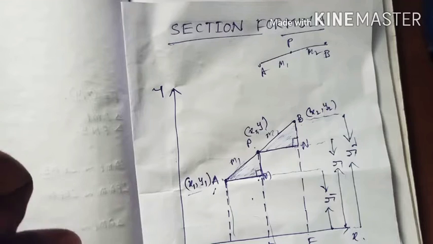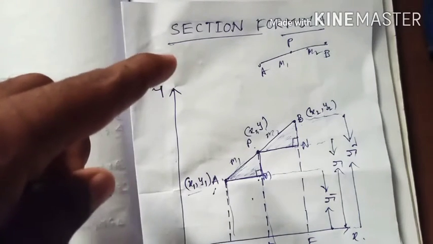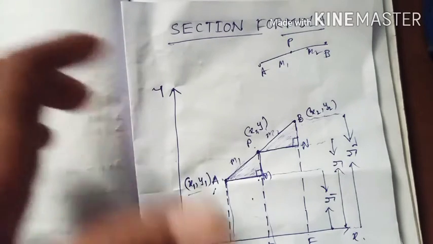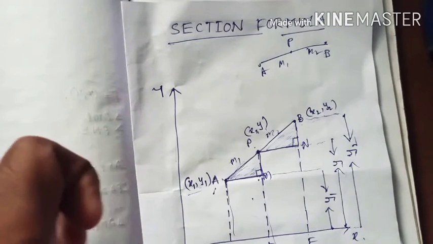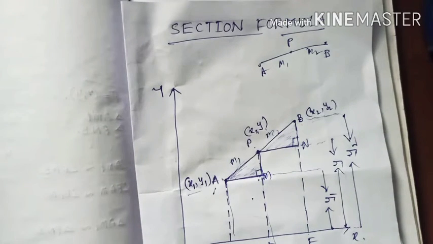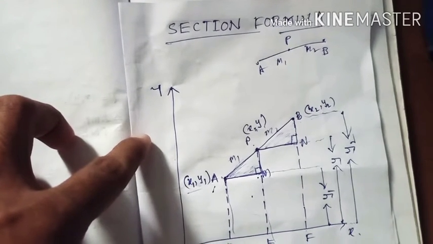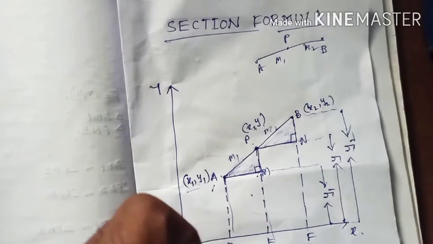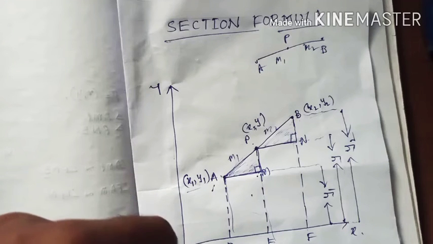Now what can they do? They can measure the distances AP and PB and get the location of point P. But it is not an easy process. Between the cities there are many buildings, factories and so on, and also the distance between the cities is huge. So it is not practically feasible to measure the distances directly.